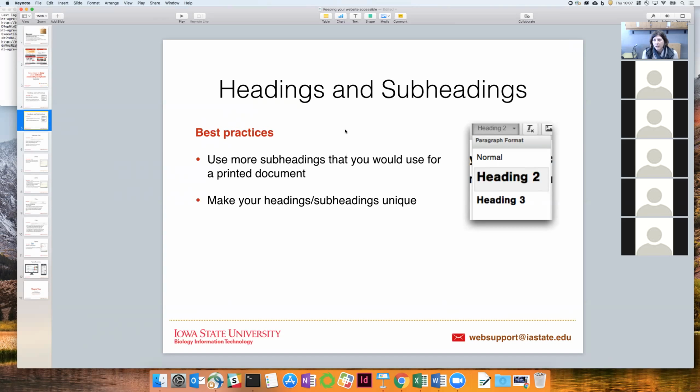You'll want to use more subheadings than you think on the website than you would if you were doing a printed document, for example. The attention span for reading a website is a lot less. Folks want to be able to skim the information quickly, and if they can't find it quickly, they're probably going